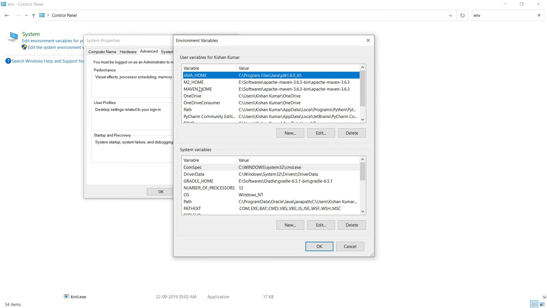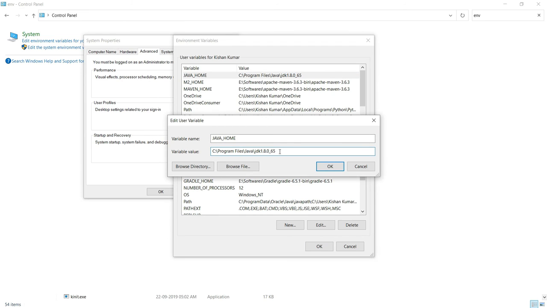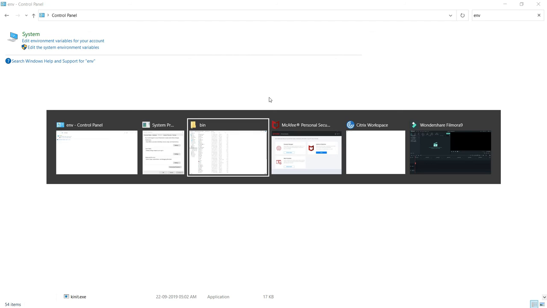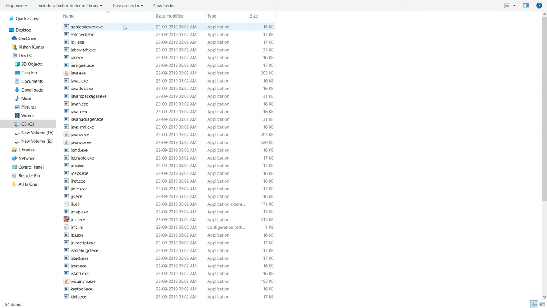Here you need to check for Java home. Currently Java home is pointing to JDK 1.8, so here you have to override it. Sorry, I have copied the path for JDK 1.8. That is wrong. I was supposed to copy